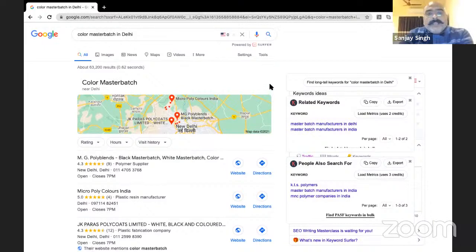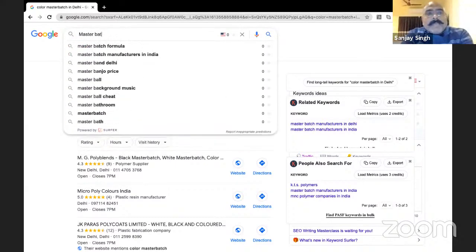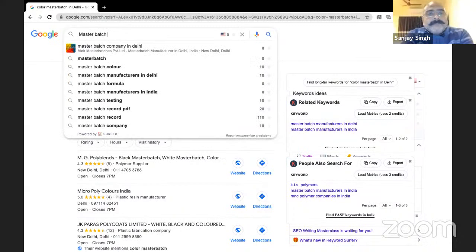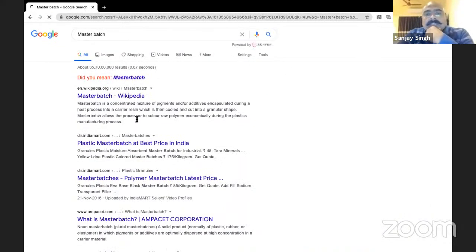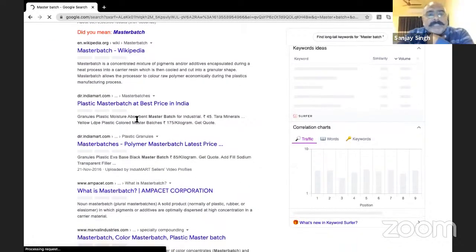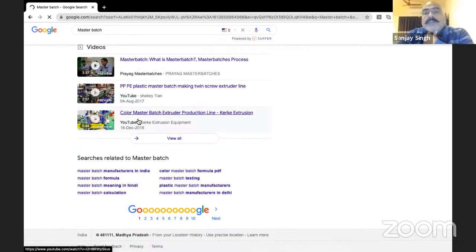There's something: master batch and master batch searches are different. Oh, really? I didn't know that. Okay, Sanjay Agarwal, let me do your way. So I write master batch. Is that the right way, Sanjay Agarwal? Okay, that's the right way, he says. Let me see if there is some better keyword. You're right, thank you so much, Sanjay Agarwal. I now get master batch manufacturers in India,